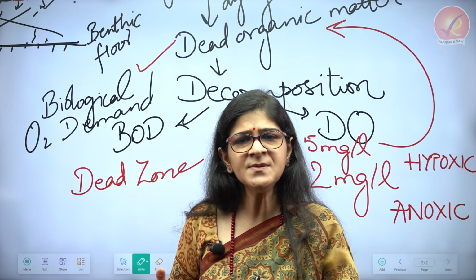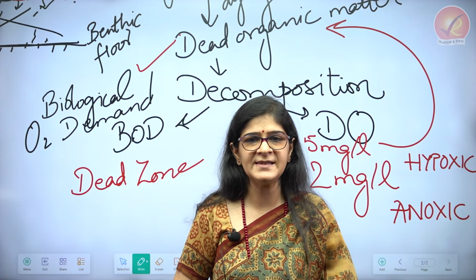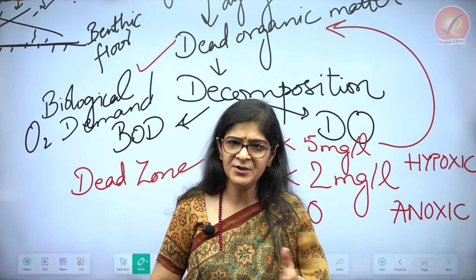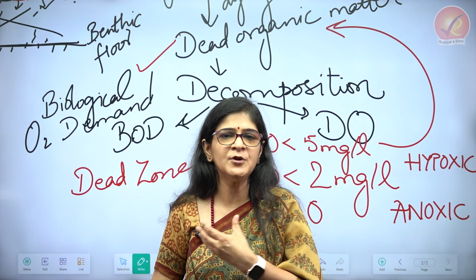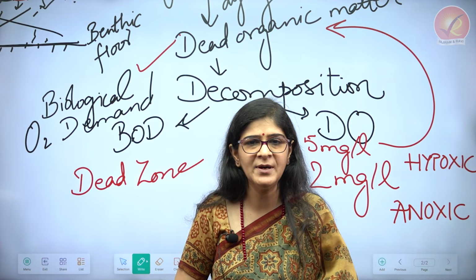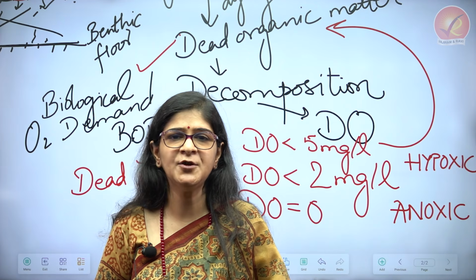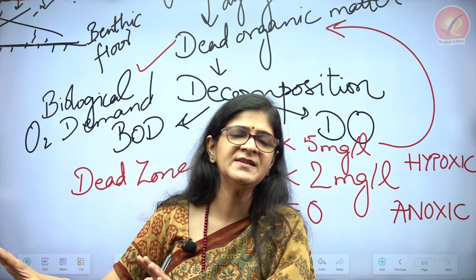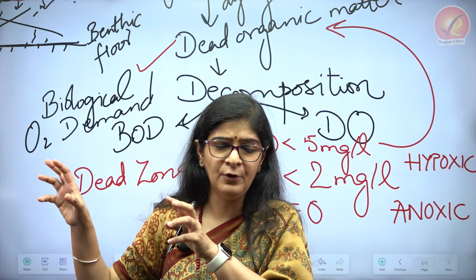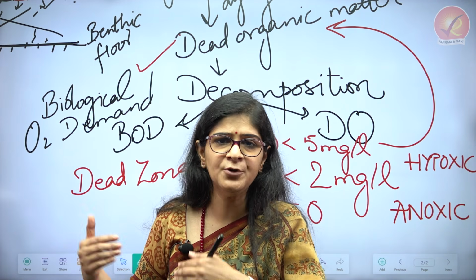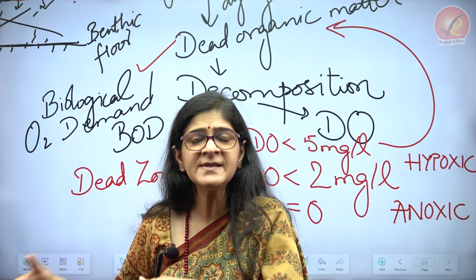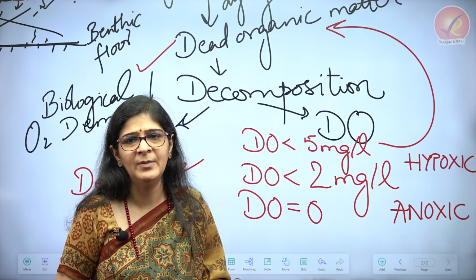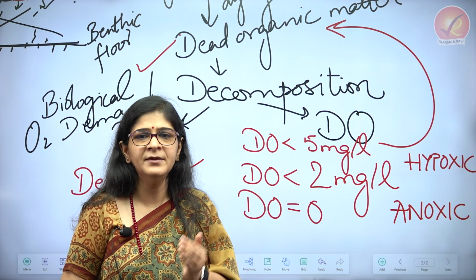And of course, the long-term solution of eutrophication lies in the sustainable use of chemical-based inputs into agriculture. At the same time, whatever sewage we have, whatever industrial effluents we have, those also require some kind of scientific treatment so that we don't irresponsibly dispose of the agricultural runoff or the industrial effluents or the sewage into our water bodies, which is then going to impact the aquatic life in a considerable manner, resulting in dead zones.